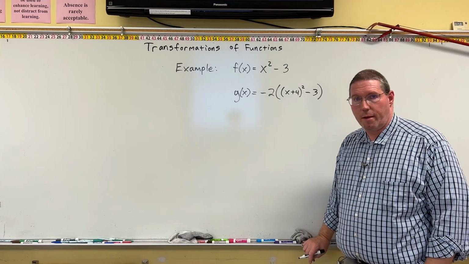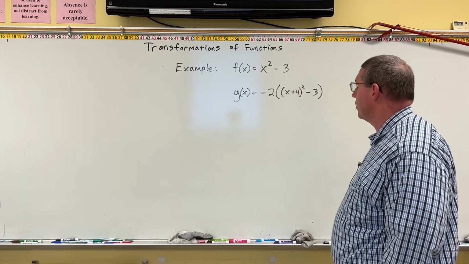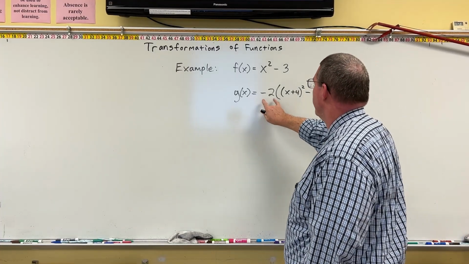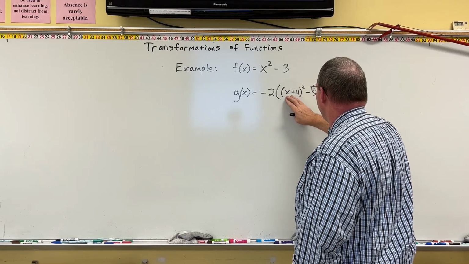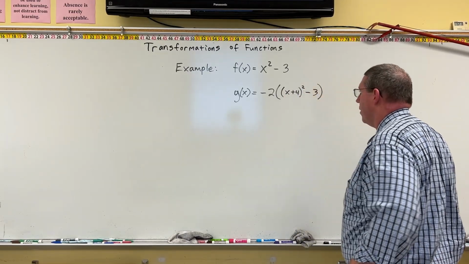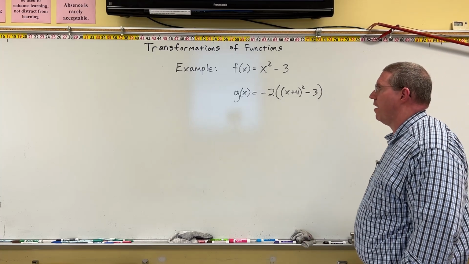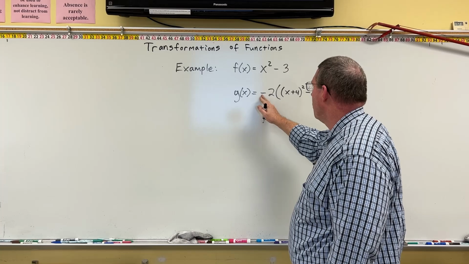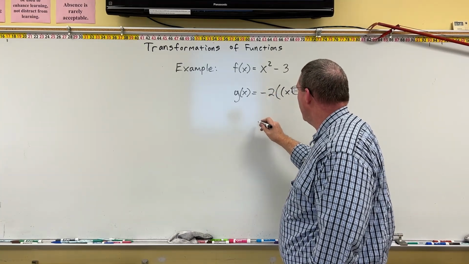Okay, so here's an example. You'll be told that f of x is the function x squared minus 3. And then you'll be told that g of x is equal to negative 2 times the quantity x plus 4 then squared minus 3. Then you'll be told, tell us about the transformations of f of x that g of x is making. Well, the first thing that we can see is that we're multiplying the entire function by a negative. And so g of x